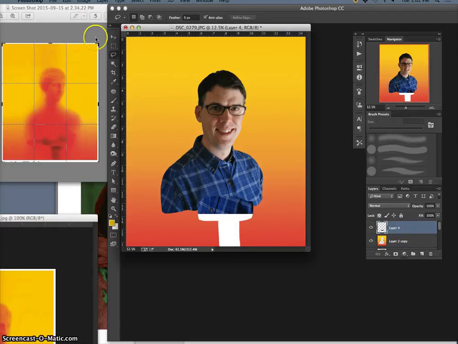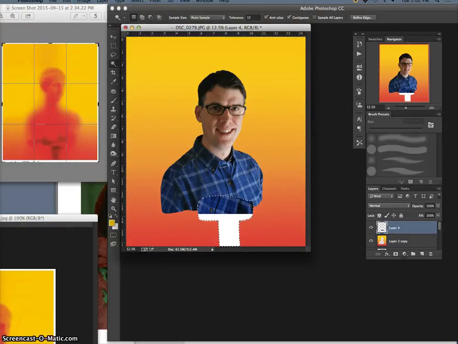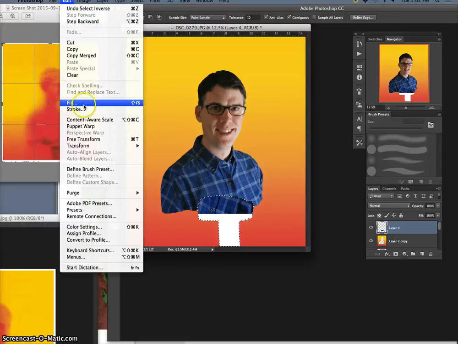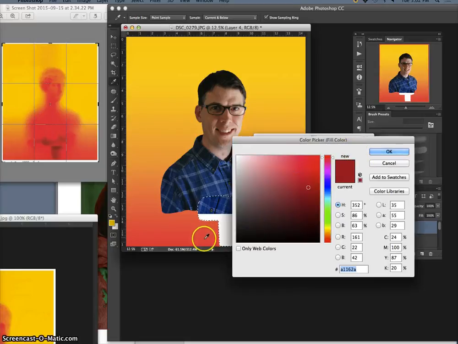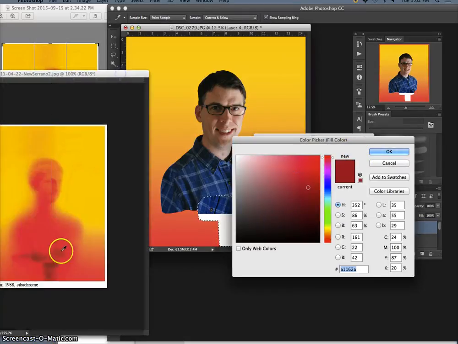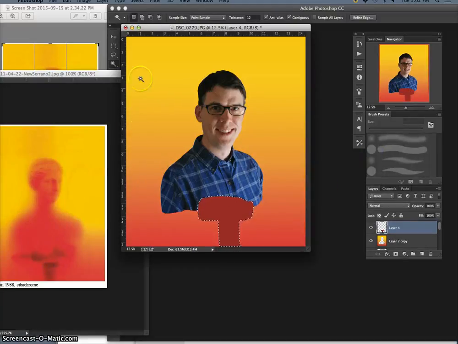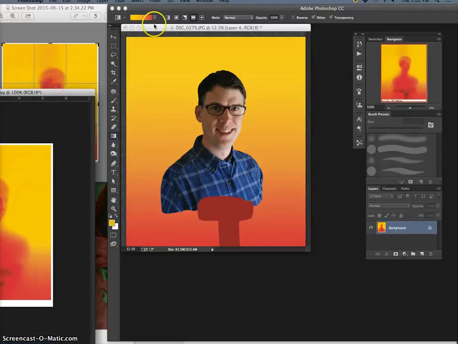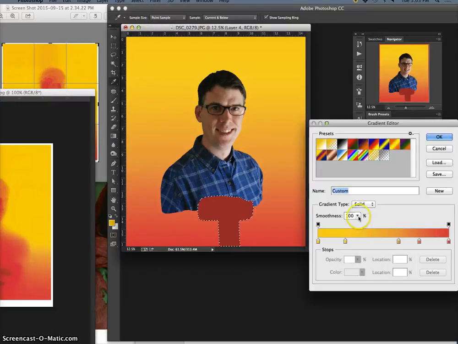And I need to change its color. Select around it, select inverse, and I'm going to fill it with kind of a dark red gradient. But first I'll just do a solid color. And I can select that color right from the Photoshop color. Fill it in. Then I'll fill it in with a gradient, and the gradient should remember me. But I can also do that gradient at a lower opacity. Kind of